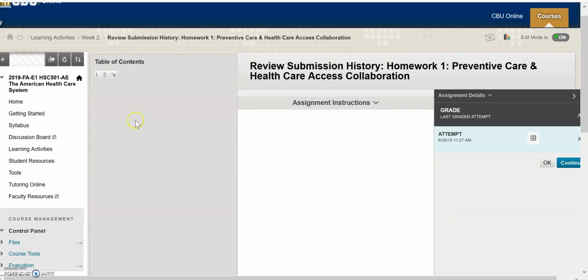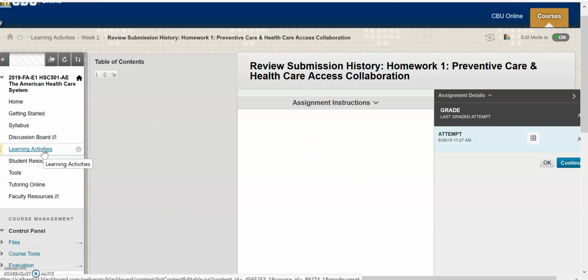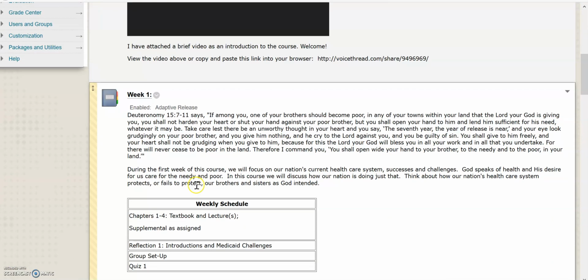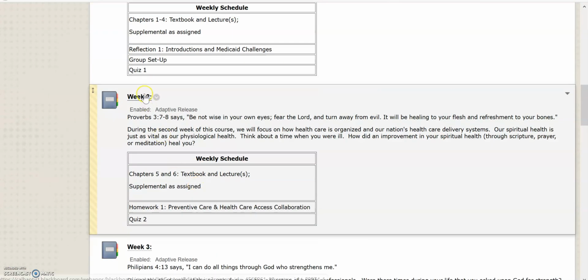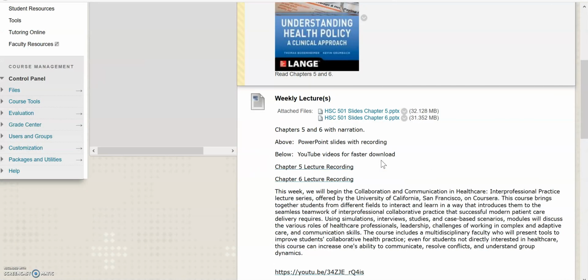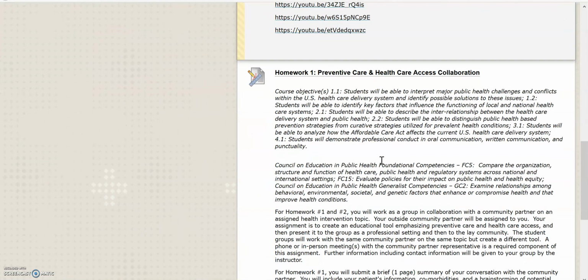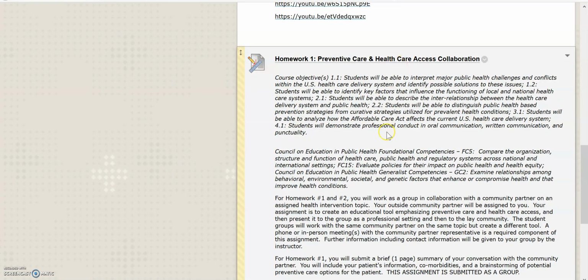I actually didn't submit it here, but you'll have to go to your learning activities, and I just want to show you real quickly how you actually submit that assignment. So I'm going to go into week 2, and here is the homework assignment, and again, you can look at the directions in more detail, but once I click on this link to submit my homework,